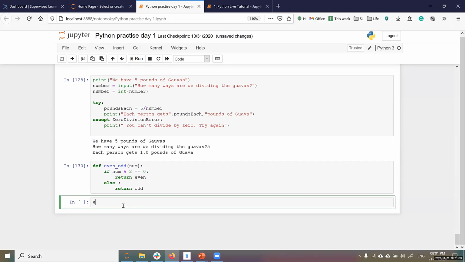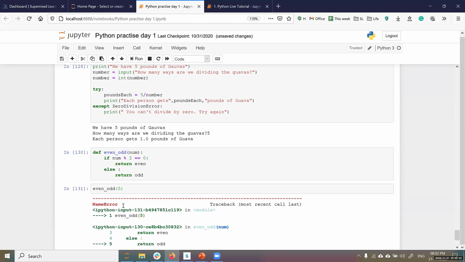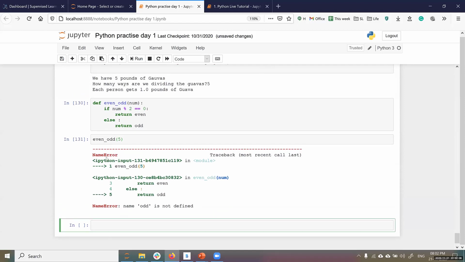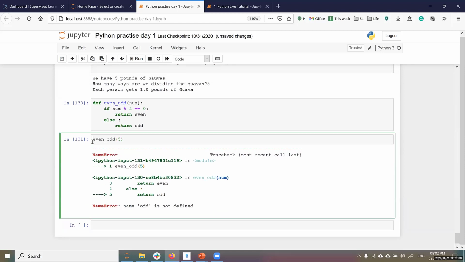So I can put even_odd of 5. Small define, where you should put it as a string.